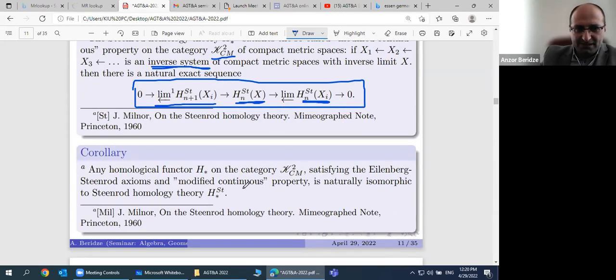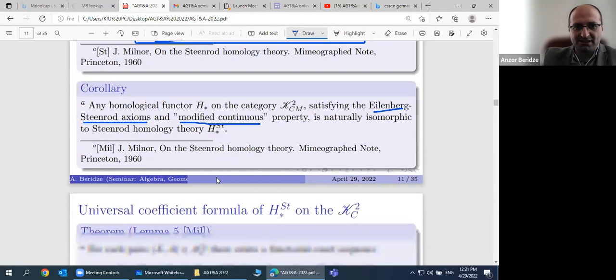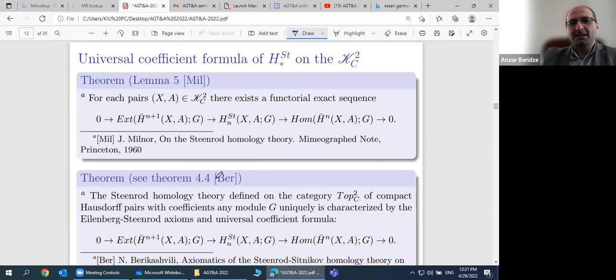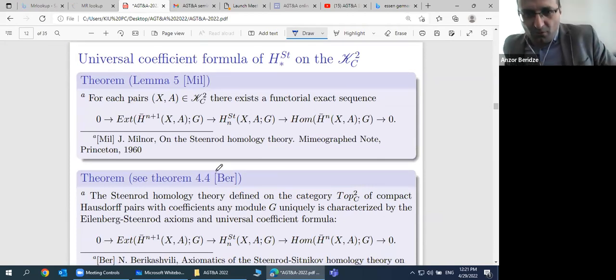And this is a result that homology theory defined on this category, which satisfies Steenrod-Eilenberg's axioms and modified continuity, which means that we have such kind of short exact sequence, then this is isomorphic to Steenrod's homology theory. It is not formulated in Milnor's paper exactly like that, but this is equivalent to this statement. The important is the following, that